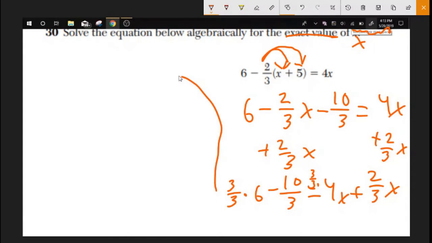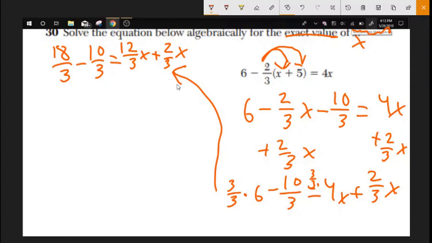So 6 multiplied by 3 over 3 is 18 over 3, minus that 10 over 3 is equal to 4x multiplied by 3 over 3 is 12 over 3x plus that 2 over 3x. And now we can just combine these, and we have 8 over 3 is equal to